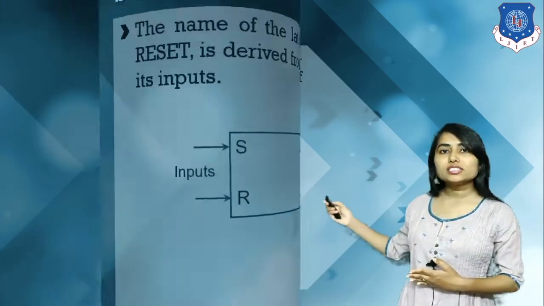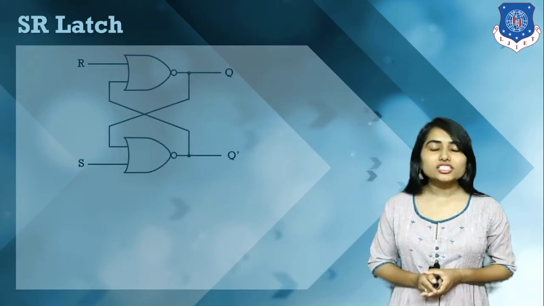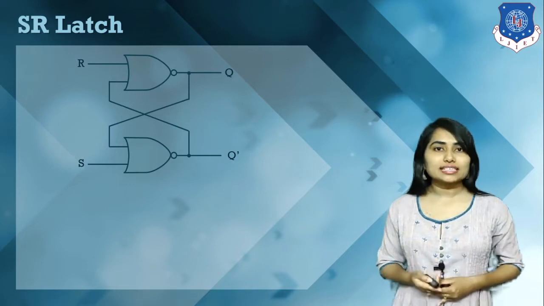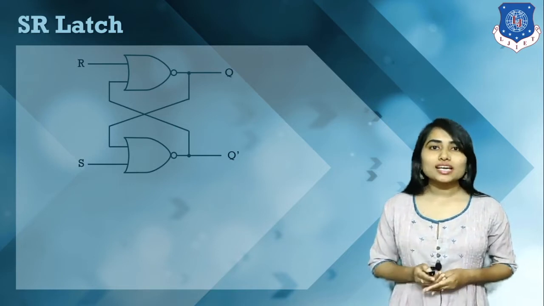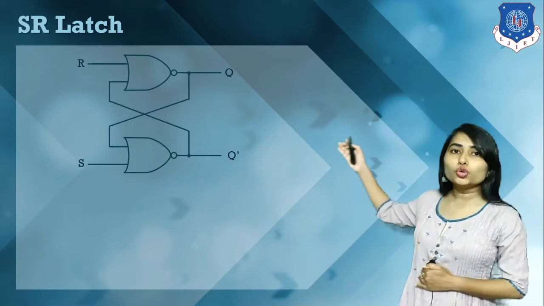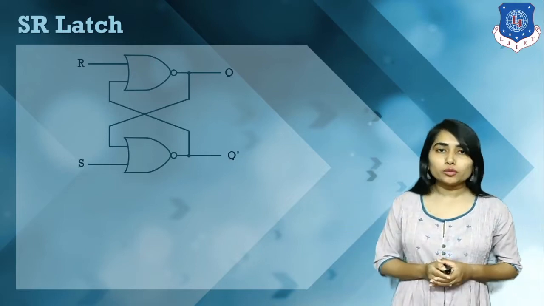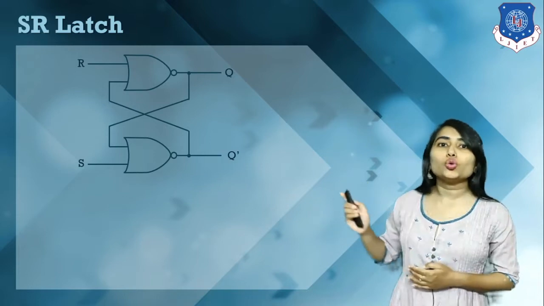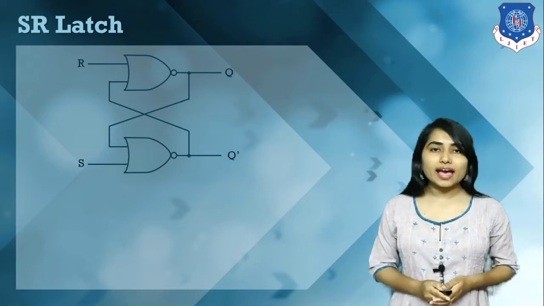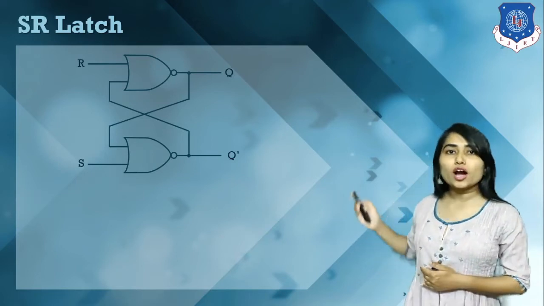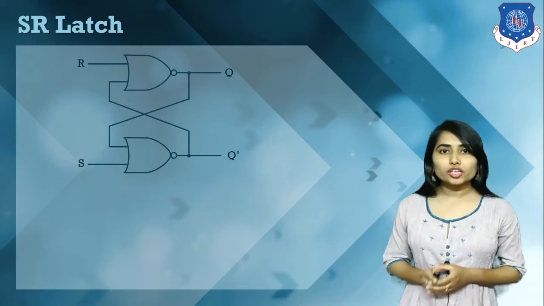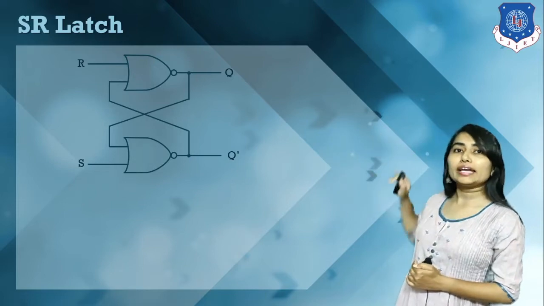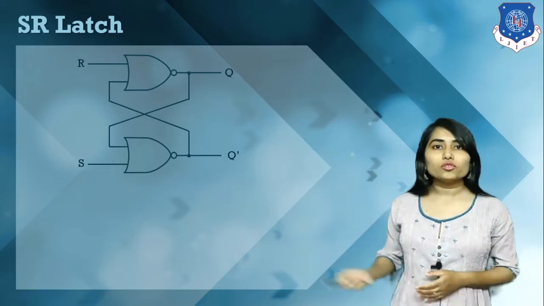Okay, now let's discuss the logical diagram of this SR latch. First we discuss the active high SR latch, that means the SR latch using two cross-coupled NOR gates. Here we have two NOR gates and two inputs, R and S, and the past outputs Q and Q dash are again used as inputs, and we have our outputs Q and Q dash. Here we have inputs R and S, and opposite to R we have Q and Q dash, and the circuit works like this.